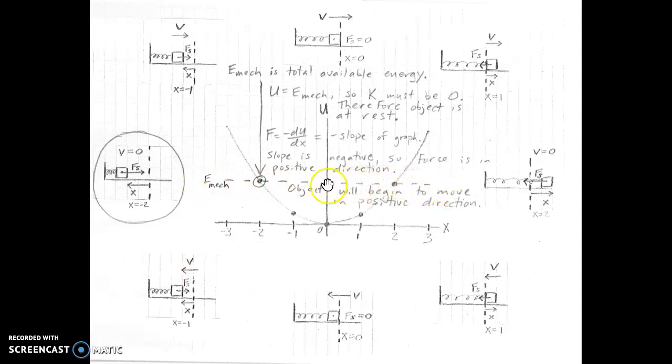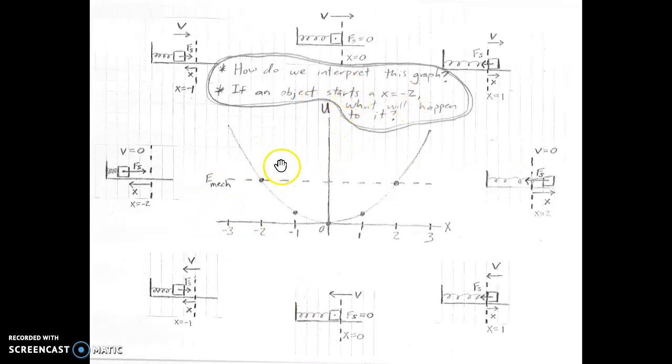The mechanical energy is this dashed line, so whatever energy value this is crossing our energy axis, whatever number this is at, that's how many joules of mechanical energy we have available. And we know the total mechanical energy is just the sum of the kinetic energy and the potential energy. All right, so knowing that that's how much mechanical energy we have, remember, we were trying to figure out what happens